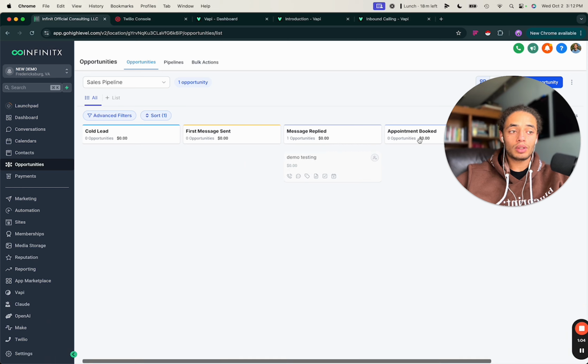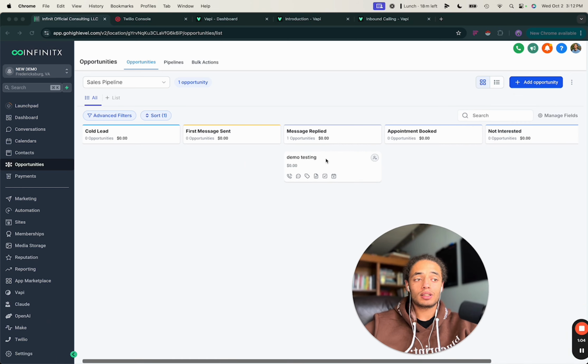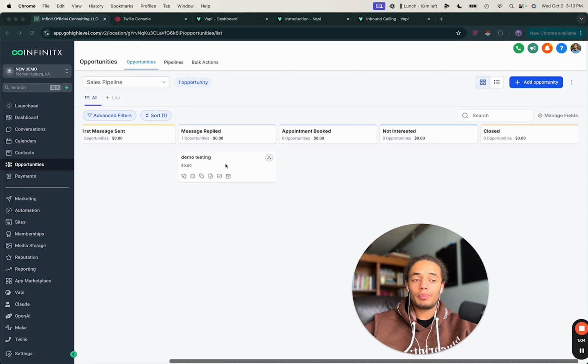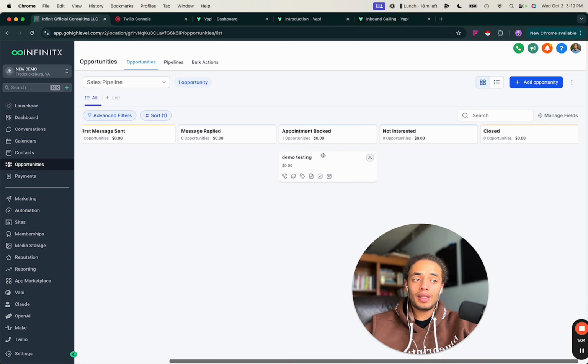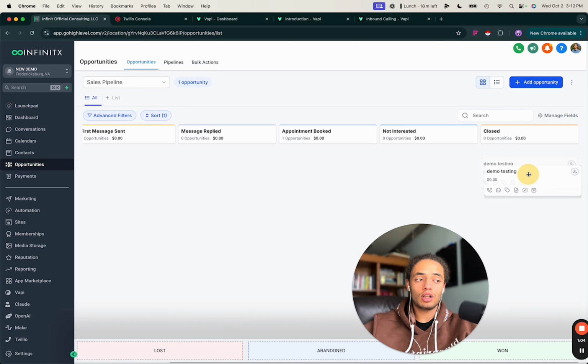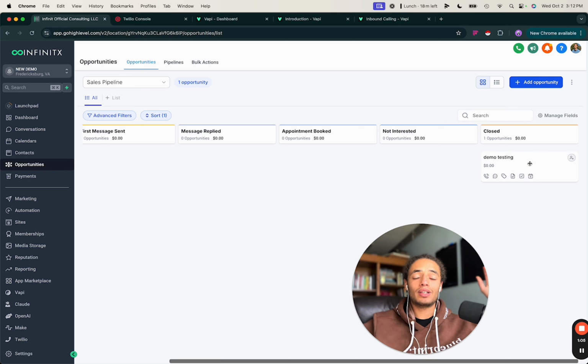Now, something that's really cool is I can trigger automations based off of the stage I drag a contact to. So for example, say whenever a contact closes, I want to send them the onboarding form. If they have an appointment with me, I can see, okay, they're in the appointment booked. We're having the appointment. The appointment just ended. I can go to my opportunities and I can drag this contact to closed. And if I have another automation set up, it will send them the onboarding form when this contact moves to